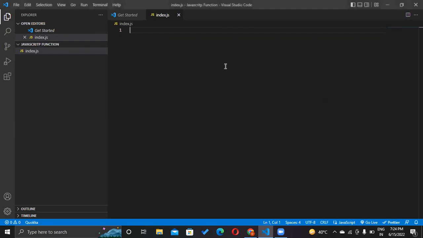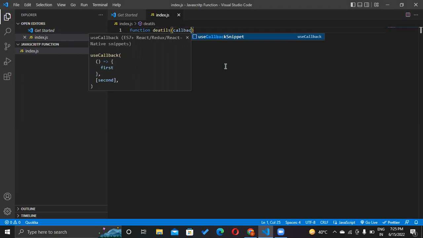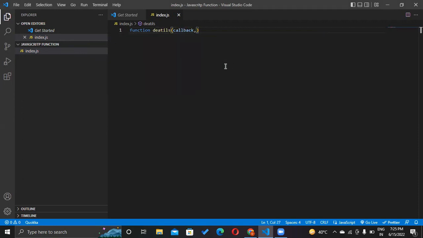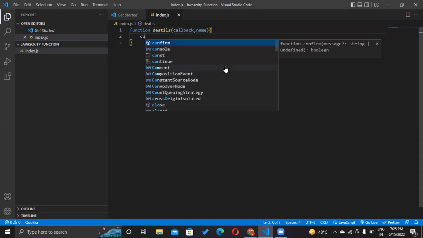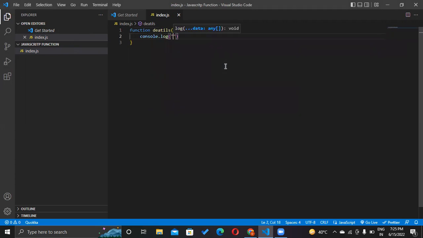Let's suppose there is a function called details. Inside this details function we are passing one more function, let's say callback, and one other argument as well, let's say name. Now what we have to do is first print the name that we are passing to it, and after that